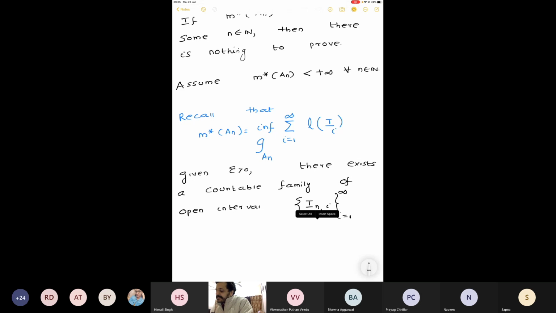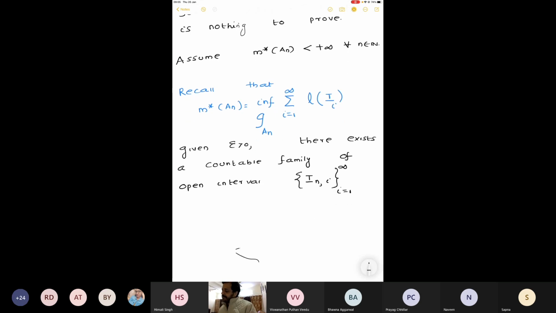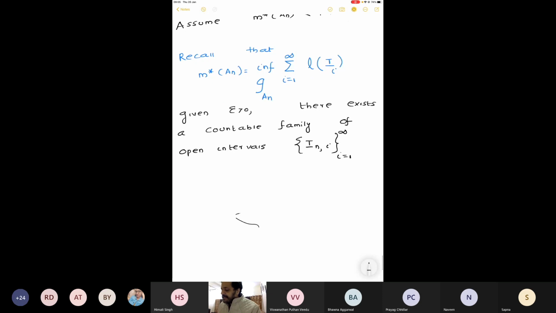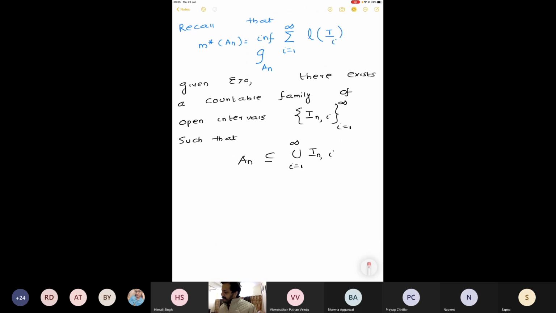This n is for a fixed A_n. A countable family of open intervals I_{n,i} such that it covers A_n, that is, A_n is contained in the union of I_{n,i}, i from 1 to infinity, and m star of A_n is less than the summation over i from 1 to infinity of the length of I_{n,i},